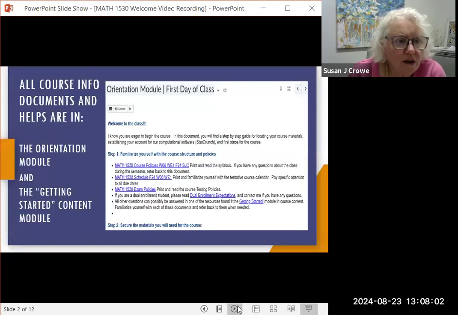The first thing is all your course information documents and helps are in the orientation module that's linked in an announcement for week 1 and in the Getting Started content modules. If you go to the orientation module, you'll find the course policies, which is the syllabus. You'll find a schedule that you need to print out because it lists all of the assignments and when they're due. You'll find exam policies that you need to read, dual enrollment expectations if you are a dual enrollment student,